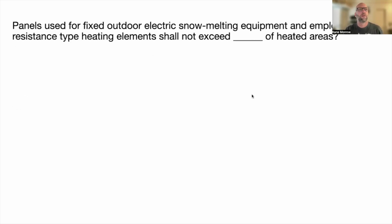312.8(A)(1). Panels used for fixed outdoor electric snow melting equipment and employing resistance type heating elements shall not exceed blank of the heated area, and that's 120 watts per square foot,